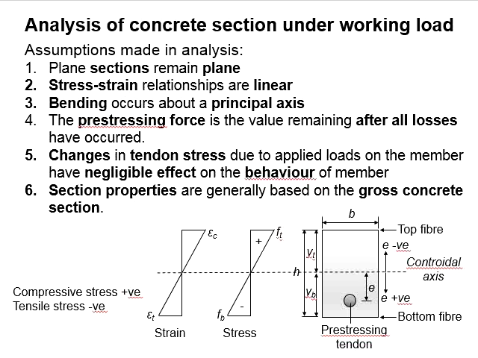Next, the stress-strain relationships are considered as linear. Their relationship can be predicted based on the modulus of elasticity. It is also assumed that the member is bending in one direction, which is the principal axis. With that, we can simply assume the cross-section regions above and below the centroid axis are in the form of